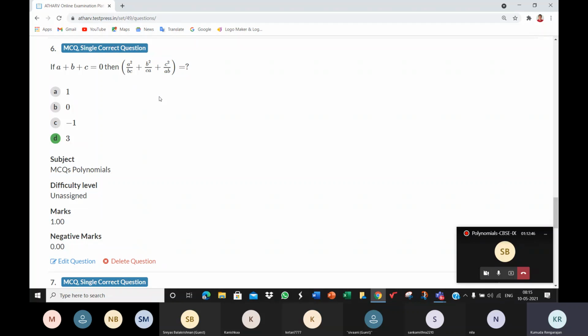You can take the denominator as a cube, b cube, c cube also as a common denominator. Not LCM, common denominator. The LCM of these denominators is ABC. You can take any common denominator like a square, b square, c square, or a cube, b cube, c cube. There are many common denominators, but the least common multiple is ABC.